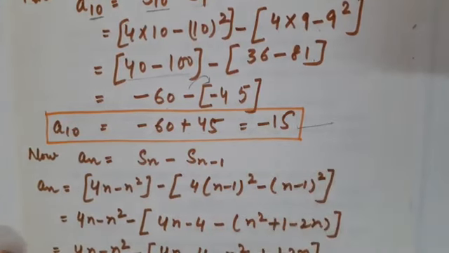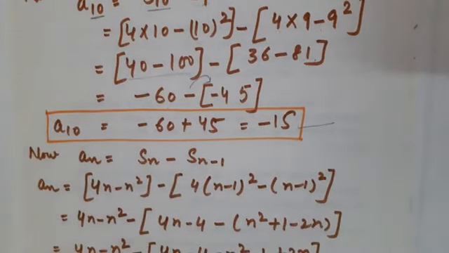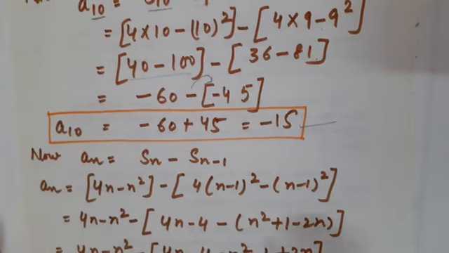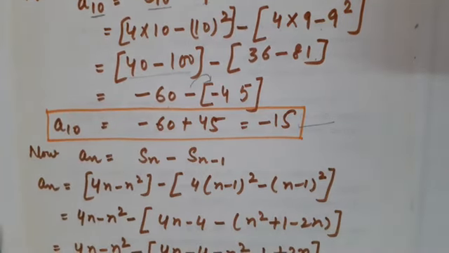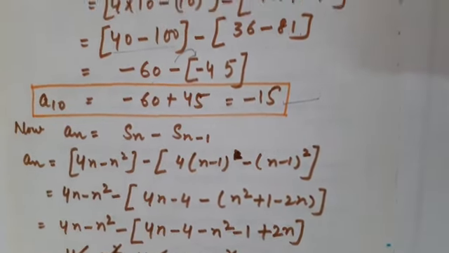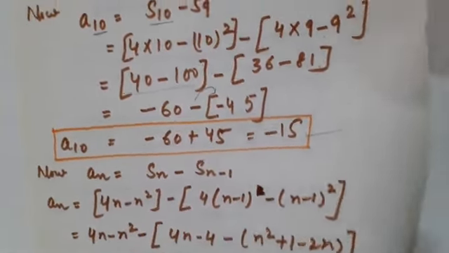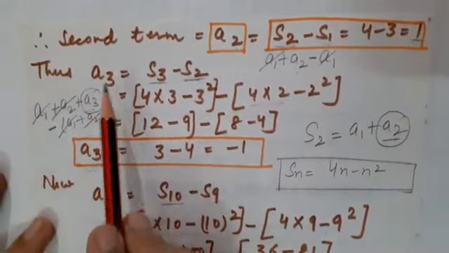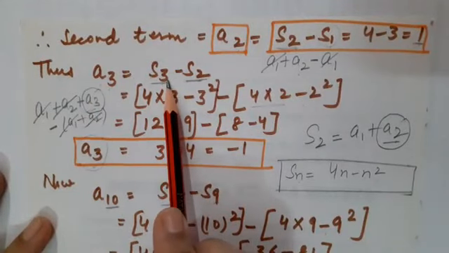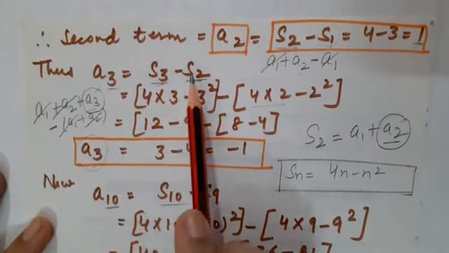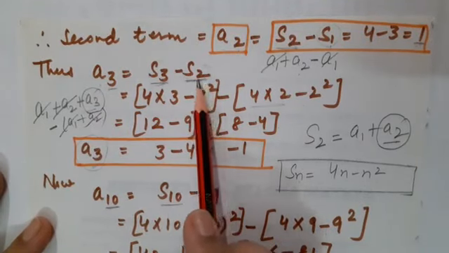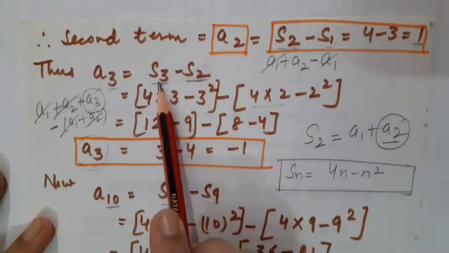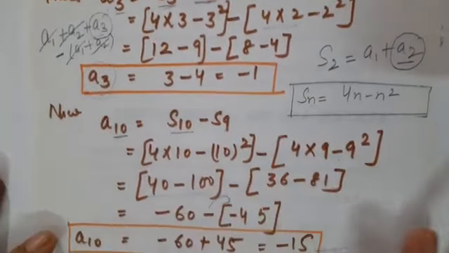Correct, student? Now children, as I told you, the first topic was to find the nth term when we have the sum of first n terms given. Now children, I am going to reach the generalized form. But before I switch to the generalized form, you may have observed one thing. Just have a look. When I was calculating A3, the third term, what did I do? I just took the sum of first three terms, only that very term I took. And after that, I subtracted the sum of two terms, which is basically this 2 preceding to 3. Correct? Now, let us talk about A10.